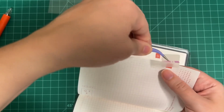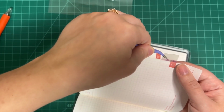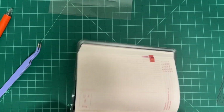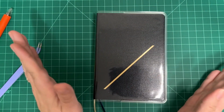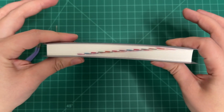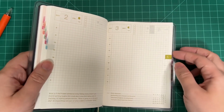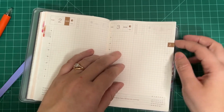For this planner. Ooh, that was close. And there we go. So again, you can't see the tabs. It also has a clear cover on this. But then you look at it on the side, they stick out. You can see them when you open, and it's just. Oh, okay, yeah, these were a great idea. I'm just a little paranoid. Hopefully, I didn't accidentally stick two pages together. So I'm just gonna QC that. Go back and